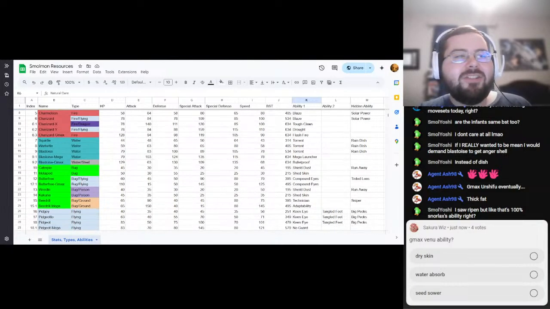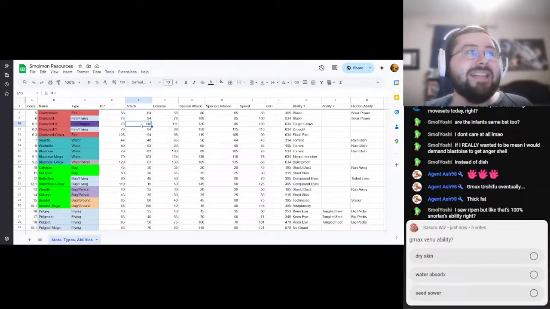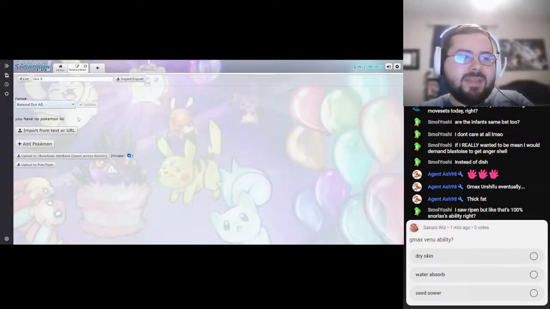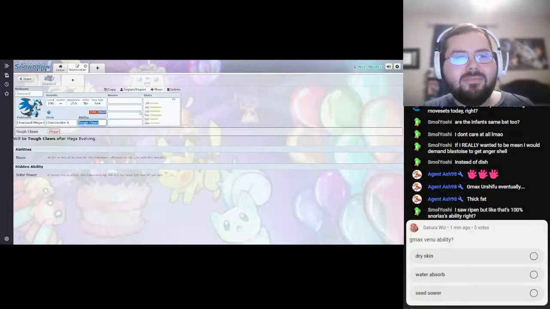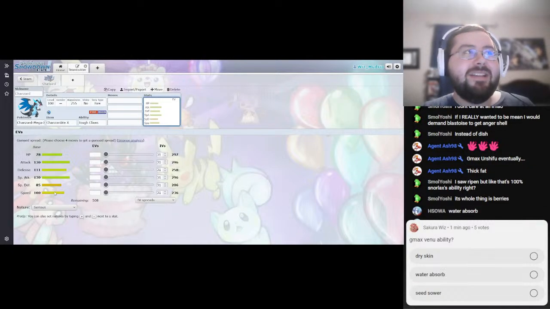Alright, so Charmander, Charmeleon, and Charizard didn't receive any buffs. However, Mega Charizard X, I gave plus 10 attack. And you're probably wondering, Wiz, why did you do that? Well, let me explain. Have you seen Charizard X's stats lately? 130 attack, 130 special attack, 100 speed, mixed attacker,